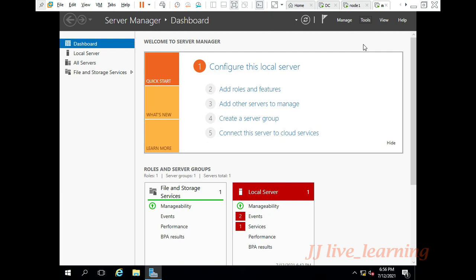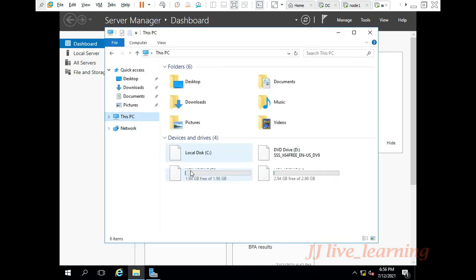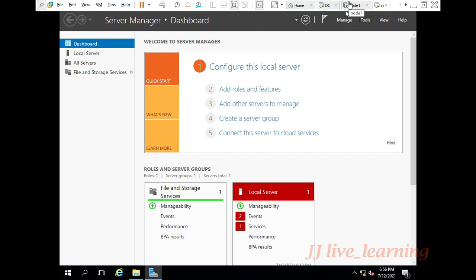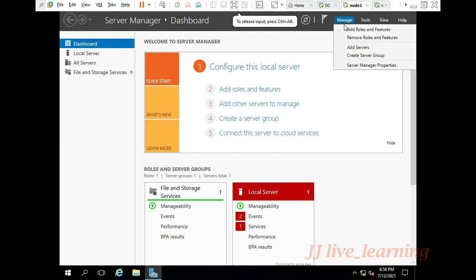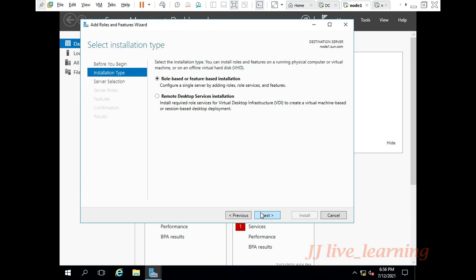Open your computer and see the drive which is present over here. So now the iSCSI target as well as initiator are done successfully.